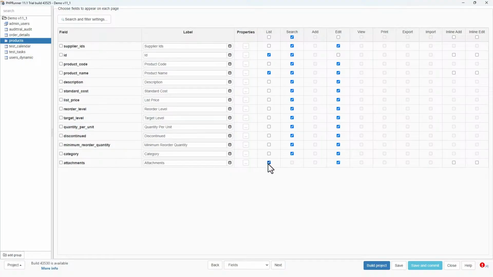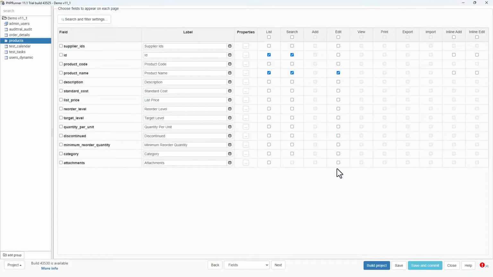So it's probably better to make a view of this table in case this table needs to do something else later. But for now, for the search, I'm not going to bother too much about it, and then for the edit, it's important. I'm going to remove that. We'll remove the ID as well, and the product code, and we will just leave the product name. Everything else will come out.